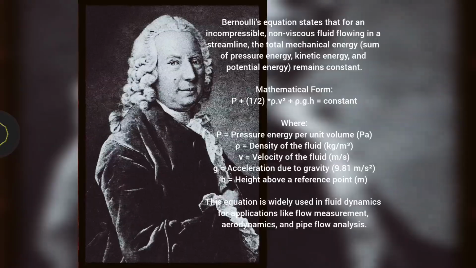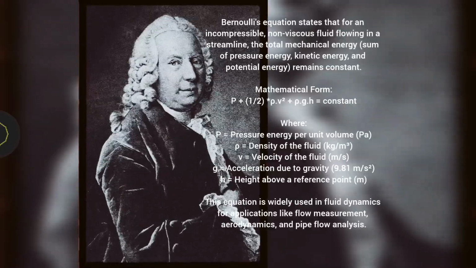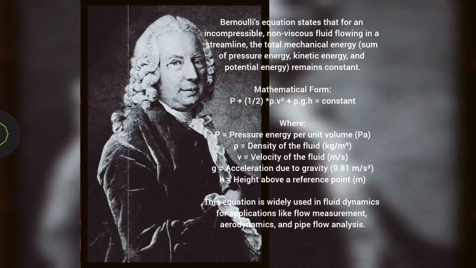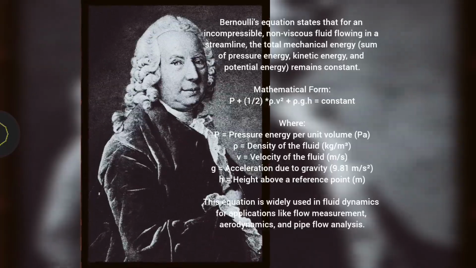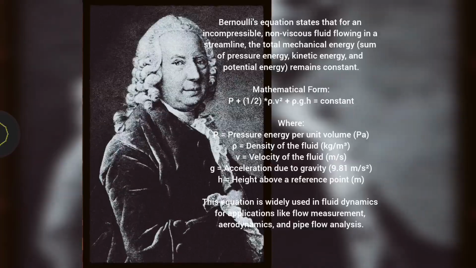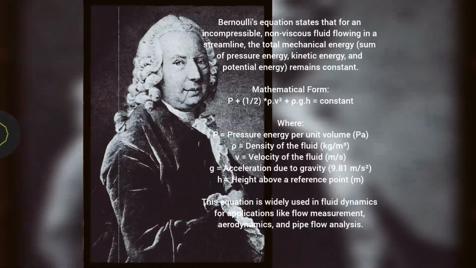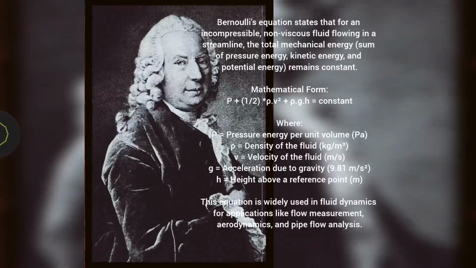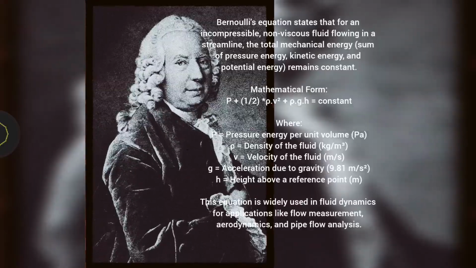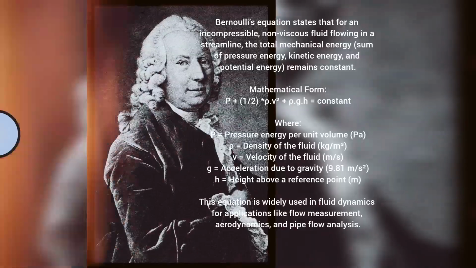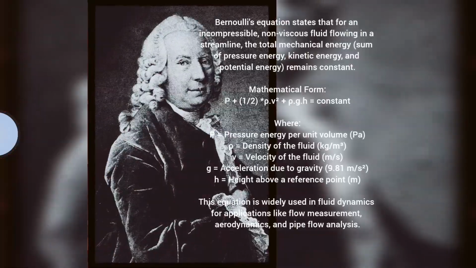So far, we've been talking theory, but where does Bernoulli's equation actually show up in the real world? Yeah, give us some examples. Oh, there are tons. The candidate rattles off a bunch. Venturi meters, orifice meters. We've got airplane lift, even measuring blood flow. Yeah. Hydraulic machines, too, like pumps and turbines. Wow, that is a lot. I'm kind of curious about that blood flow one. Sounds complex. It is. But at its core, it's still about that relationship between pressure, speed, and height that we've been talking about.